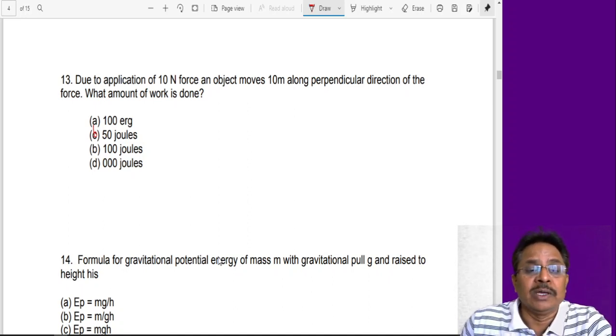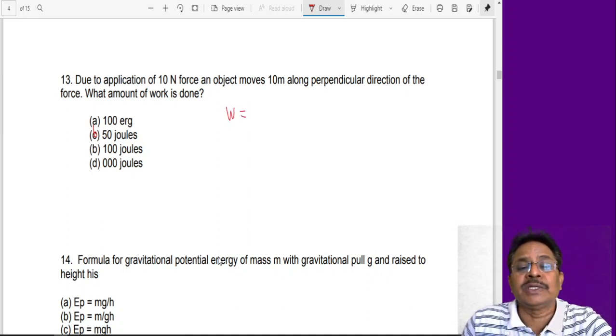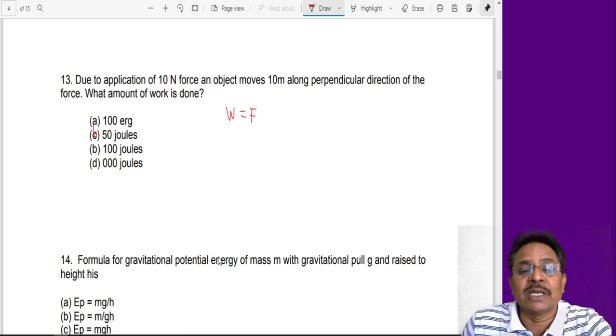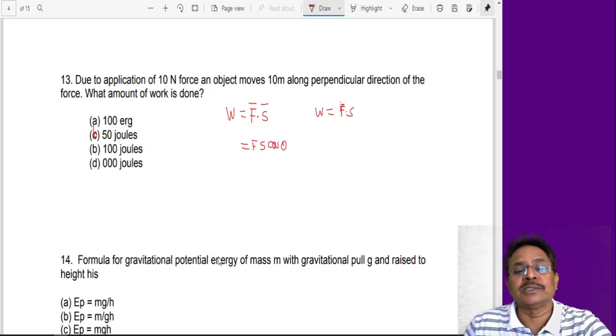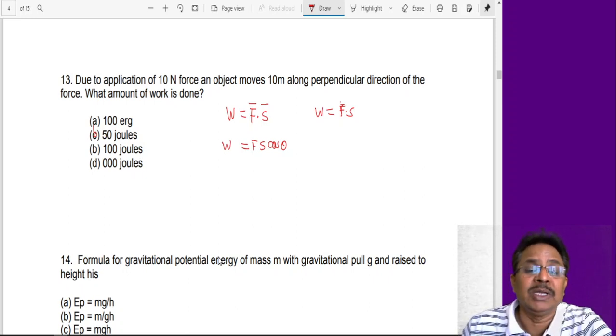Now in mechanics we know that work is calculated when we move an object with a certain force. Work is a scalar physical quantity given as the scalar product of two vectors, force and displacement, or its magnitude of work is simply F into S, force into displacement. But since this is a dot product, it depends upon F into S multiplied by cos θ. So depending upon the angle between these two vectors, the work done may be 0, maximum, negative, and so on.